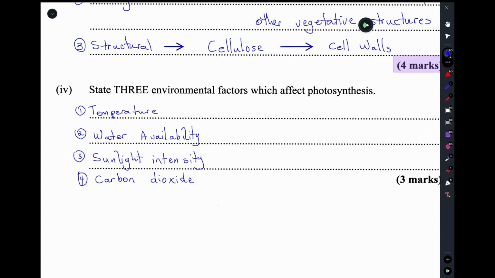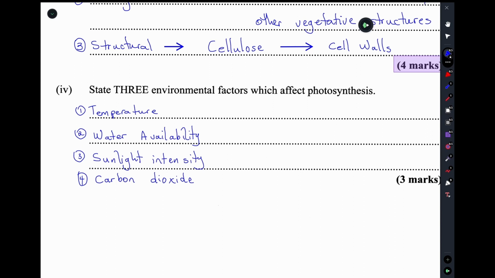So there is a limit to temperature. We need water to be available. Without water being available, the stomata will remain closed, carbon dioxide cannot enter the leaves of the plant, and photosynthesis will not take place. Sunlight intensity, again, as sunlight intensity increases, the rate of photosynthesis